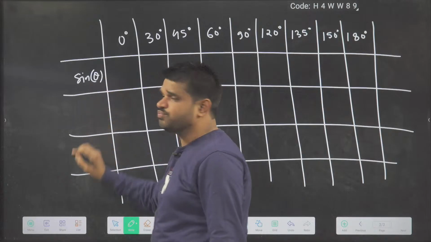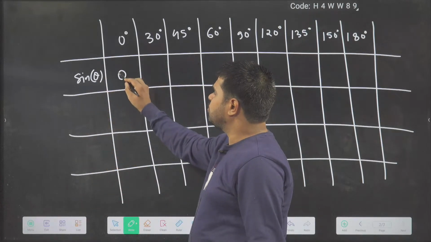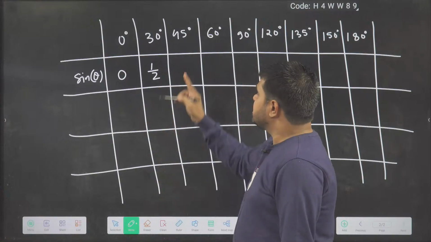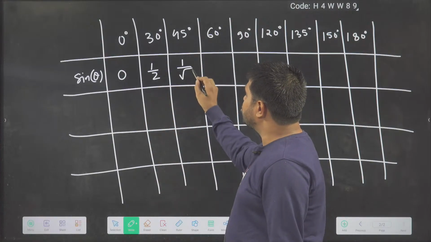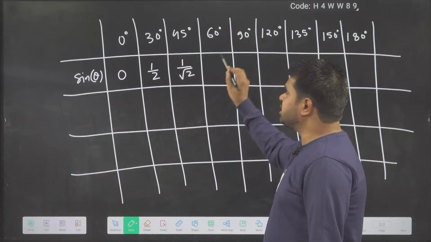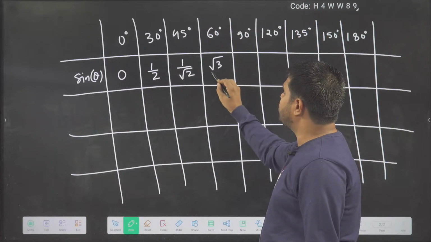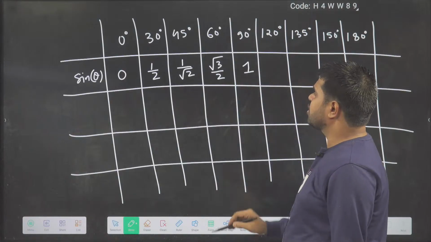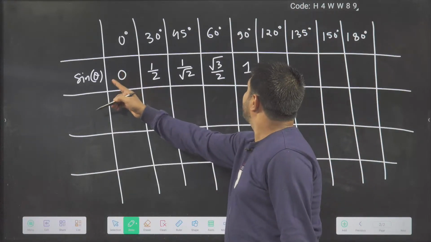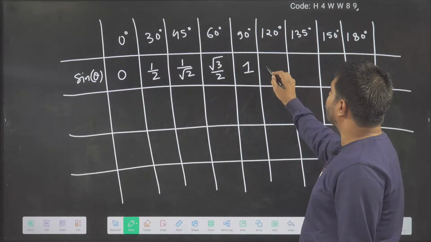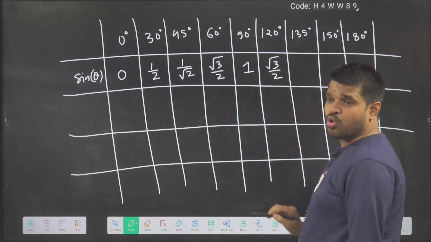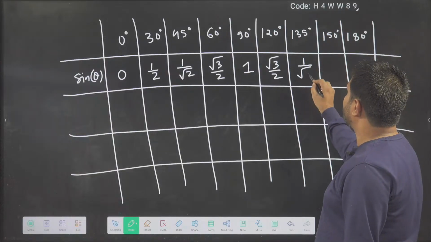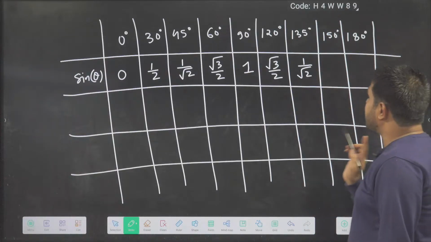Okay. So remember, sine 0 is 0. Sine 30 is 1 by 2. Sine 45 is 1 by root 2. Sine 60 degree is root 3 by 2. Sine 90 degree is 1. Sine 120 degree is root 3 by 2. Okay. Sine 135 degree is 1 by root 2. Okay. Sine